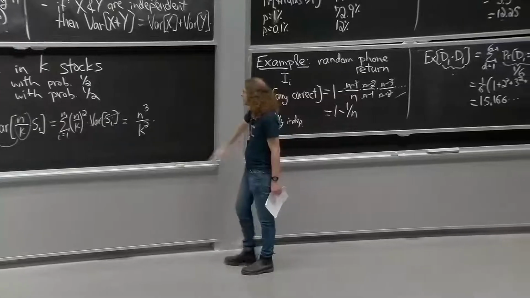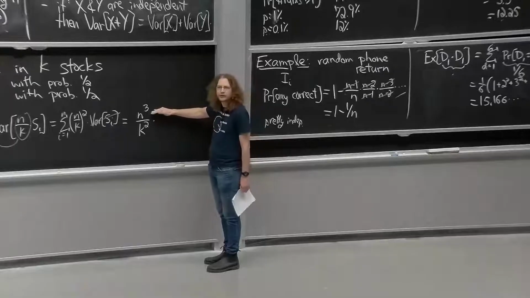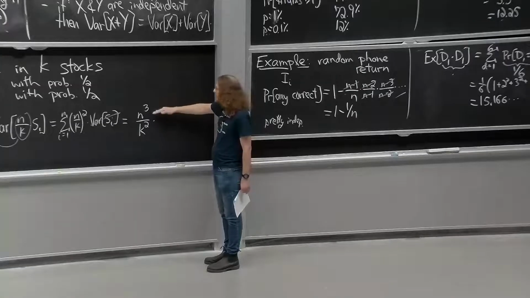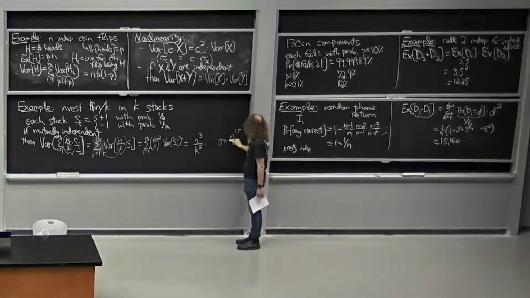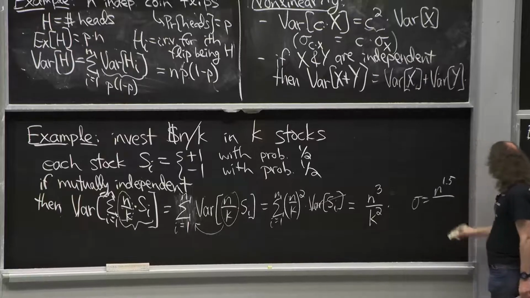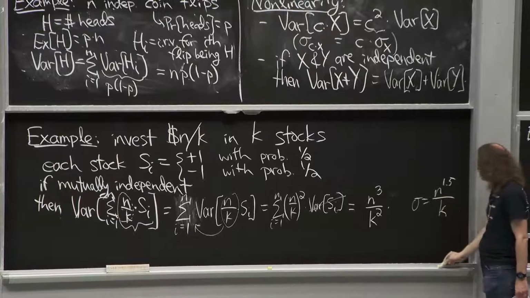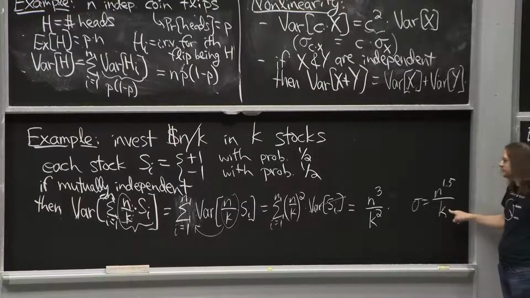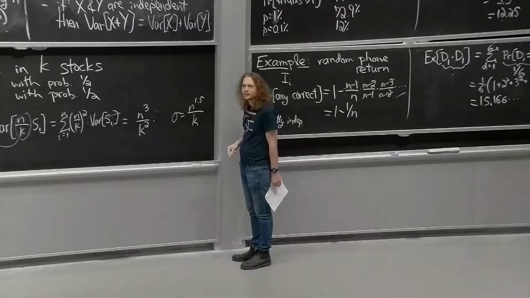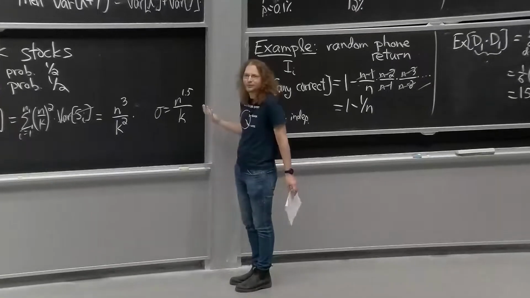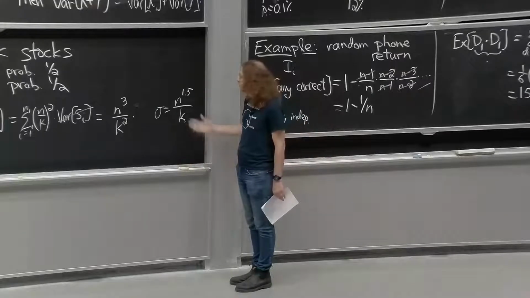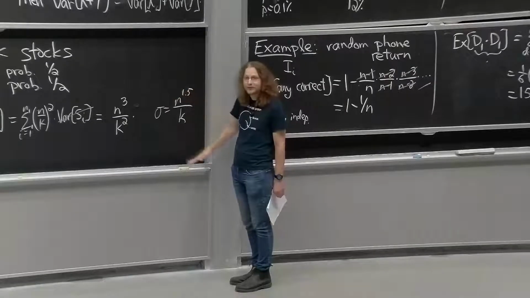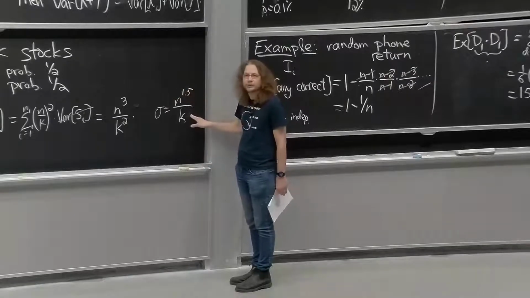OK? And if you hold n fixed, of course, the more dollars you put in here, the more risk you expect. So it turns out to grow. If you're doing standard deviation, you get n to the 1.5 risk. So don't invest a lot of money, maybe. And we get divided by k. The cool thing is, the bigger k is, the smaller your risk. So this is why, I conjecture, financial people say, diversify your portfolio. Because the more things you invest in, if they're mutually independent, it reduces your risk.